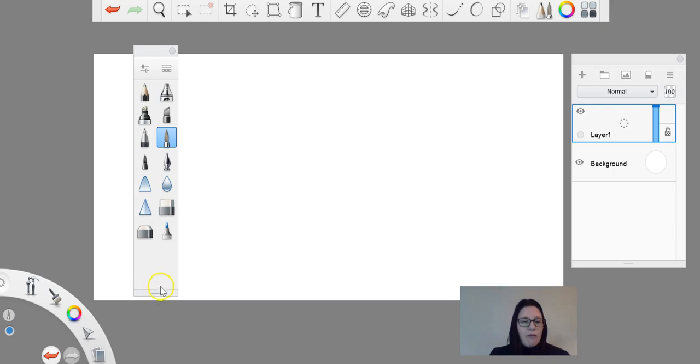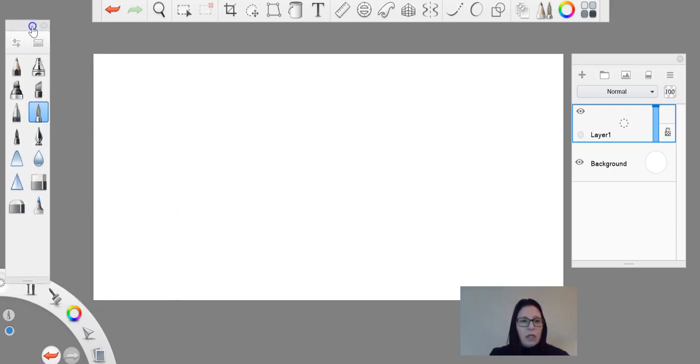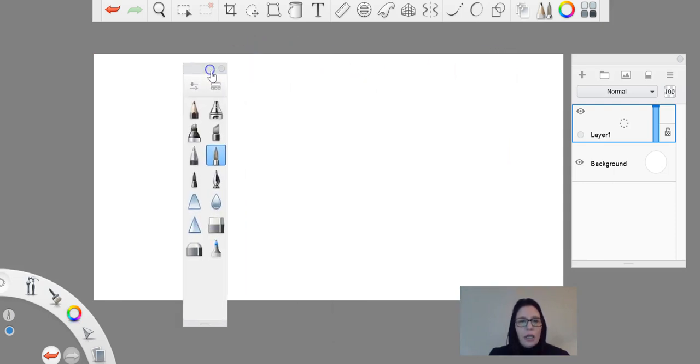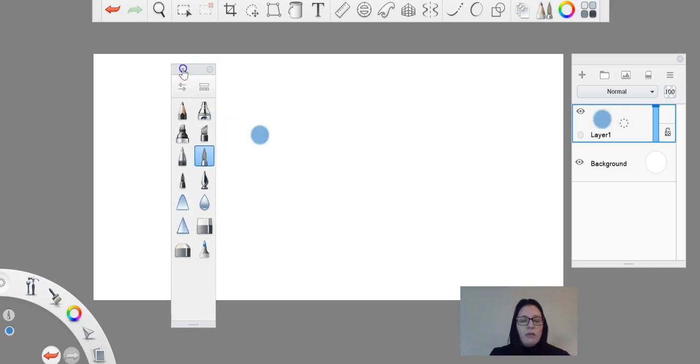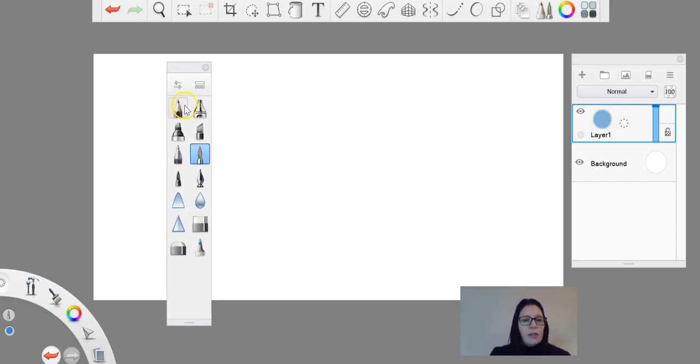First off, you can reduce the size of this. You can scroll up and down to make it smaller. You can move it anywhere on your screen, and you can certainly close it as well, so it's out of your way. Alright, so like I said, you'll open this up and you'll have a bunch of preset brushes and